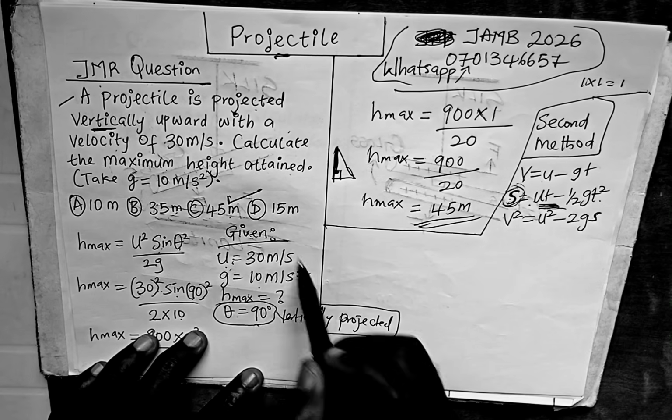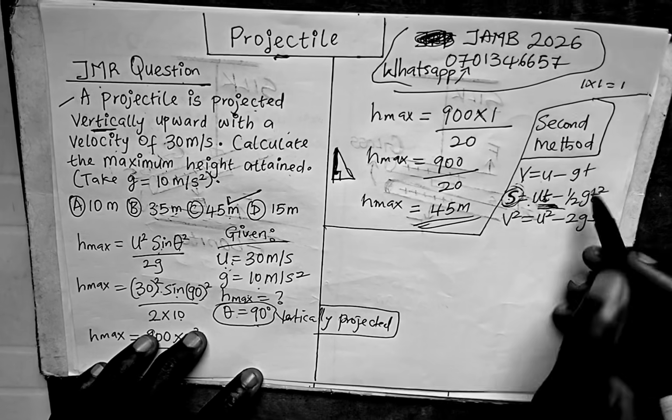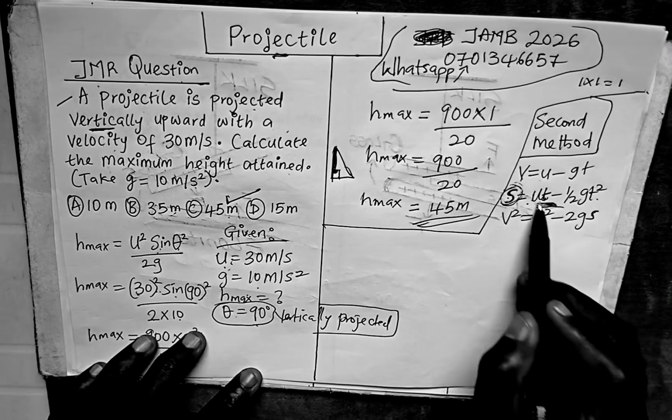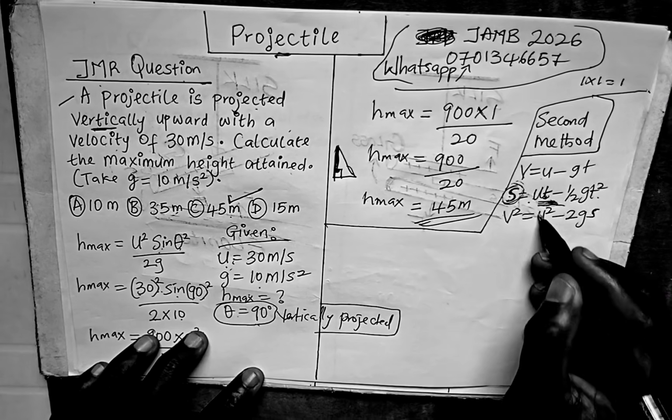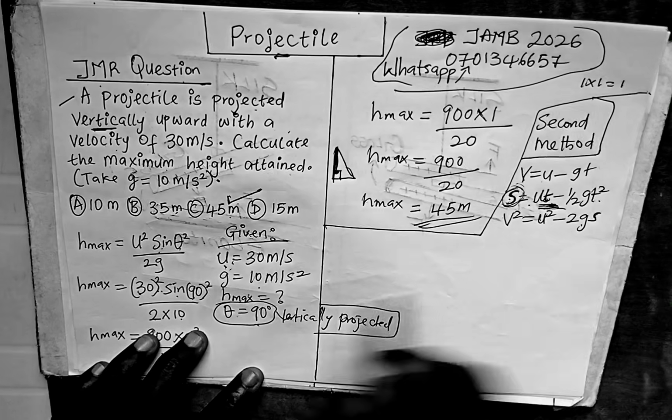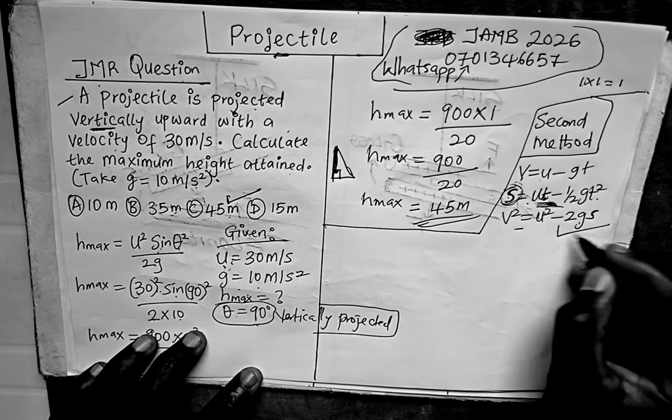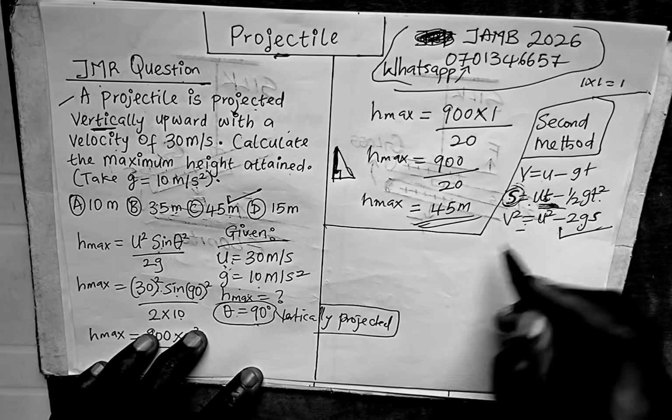But when we look at what was given to us here, we don't have t. They don't give us t. So what if one can take soft t? What if one put the substitute t? Nothing. But this one we have u and we have u here. We have g and we have g here. So this one is the best formula to use. We are going to use this one. Okay, so substituting this into this formula,